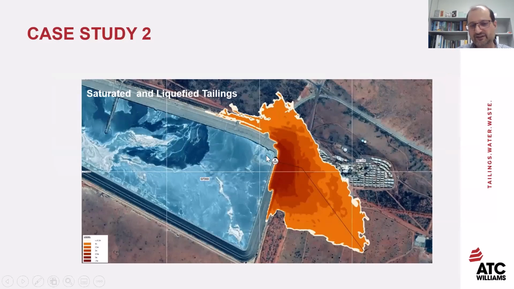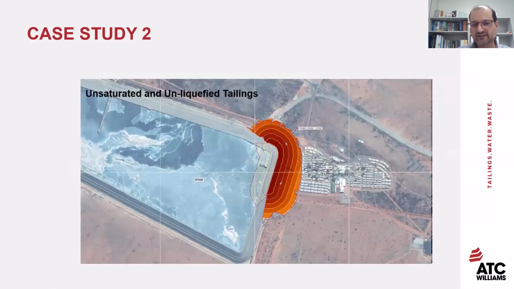Again, the same failure, the same actual location, the same dam, the same volume, but in comparison to a situation where the dam and the tailings in the dam stay unsaturated. If the tailings are unsaturated and you can ensure that during the operation of the TSF they will never get saturated, or the pond will always be far away from that location that you're doing analysis, then the dam break failure would be reduced to a geomechanical failure with significantly reduced volume release and a footprint that would be significantly smaller